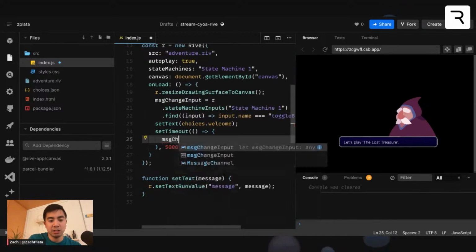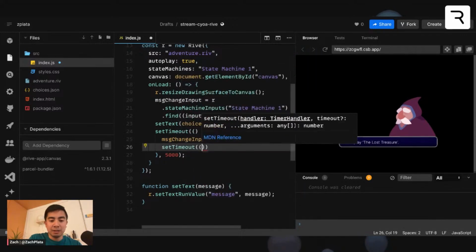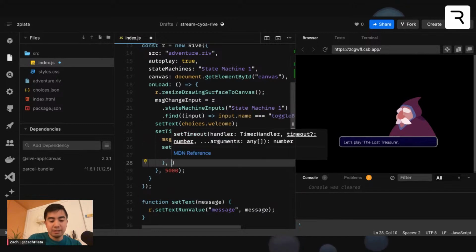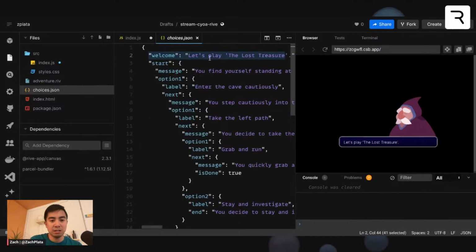So I'm going to do message change input.fire. I'm going to nest another timeout here. Also, there are definitely probably better ways to do this, but this is my quick and dirty way of coordinating time. So, okay, after I fire and collapse the text box, I want to show my next message, which is